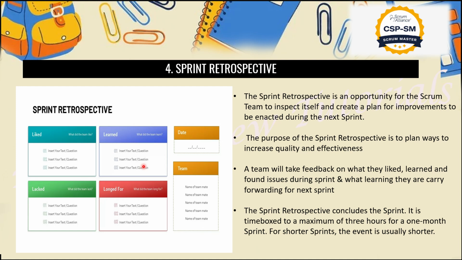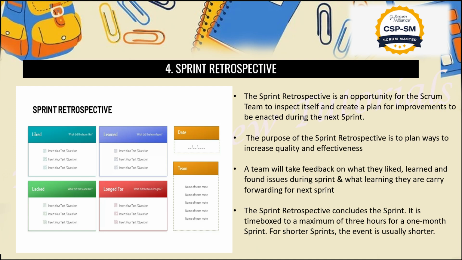So this is basically known as the sprint retrospective. Now we can see here we have Liked, Learned, Lacked and Longed for. Then the date, and who all are the responsible people. They will mention their name, or they can put the team name here. In this way we will share, and there will be a meeting on the retrospective with all the responsible people, and they will understand that we shouldn't make the same mistakes, or face the same challenges, in our upcoming sprint.